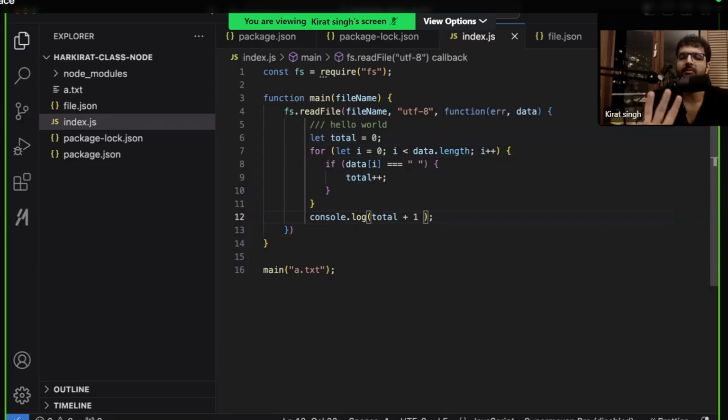There are also better algorithms to do the same thing. If you remember the split function, you can do this in one line. I'm not going there. I'm keeping the algorithm fairly simple.